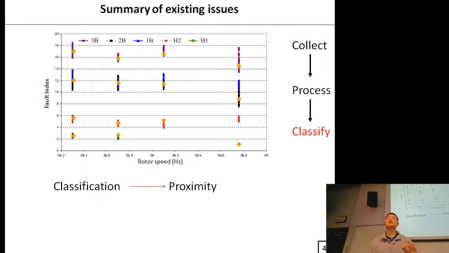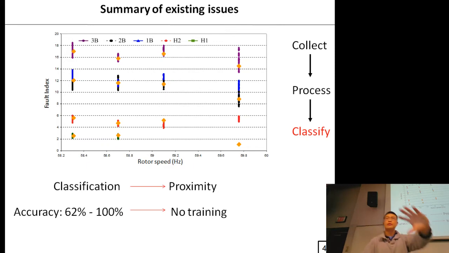Now, the classification I finally do is based on proximity of the data points with these cluster centers. So if an incoming point, say this healthy point here, is closest to this point, then it would be considered a healthy case. If the data is close to any of these points up here, it is considered a faulted case. So I could achieve an accuracy of up to 100% without any training involved, just due to proximity of